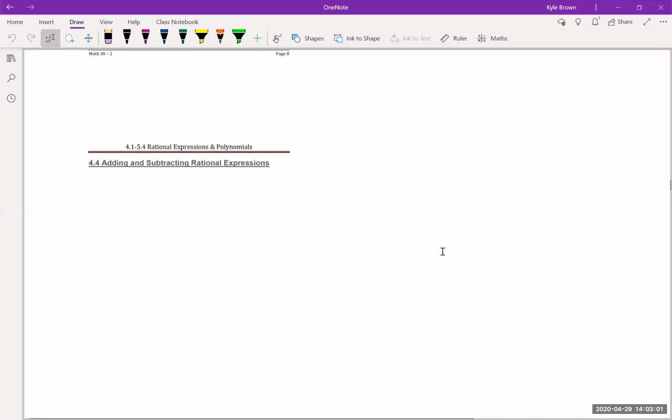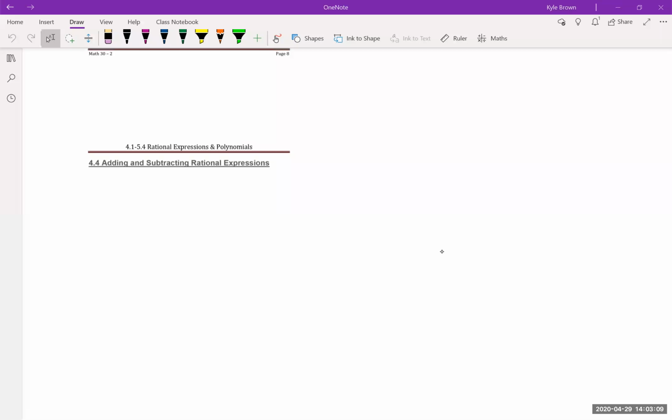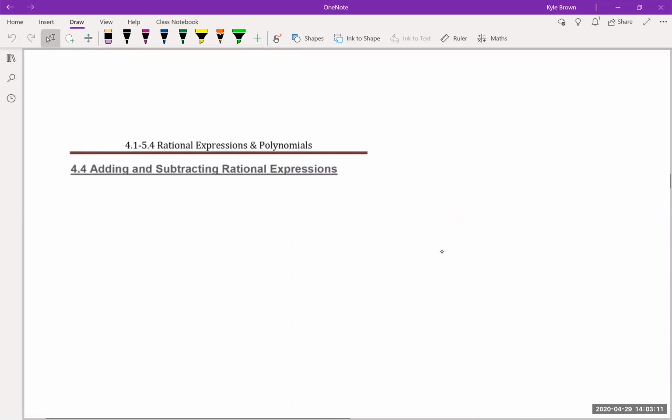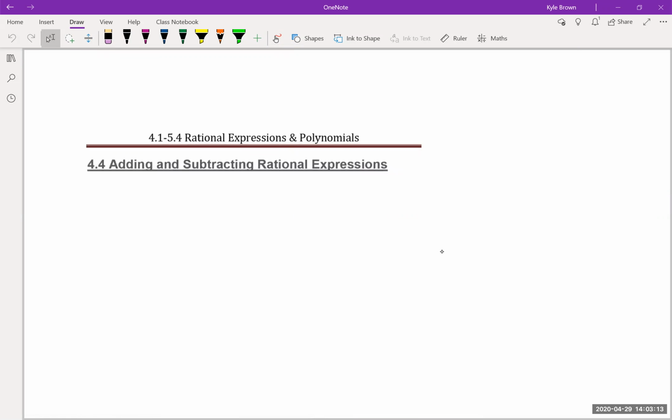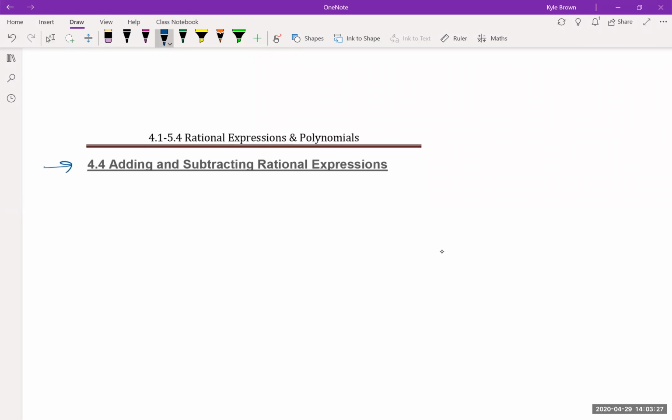All right, so 4.4, adding and subtracting rational expressions. So what we did last time with rational expressions, things with x's and x squareds and all that kind of stuff, we were doing multiplying and dividing. For the most part, that was just simplifying. We factored and then we canceled what we could. So now what we're going to do is adding and subtracting, and it's a little bit more difficult because